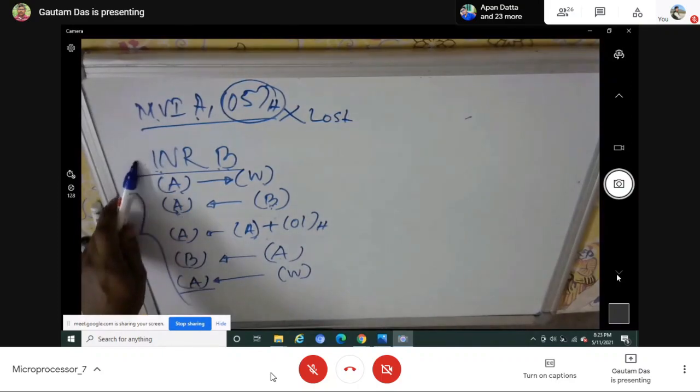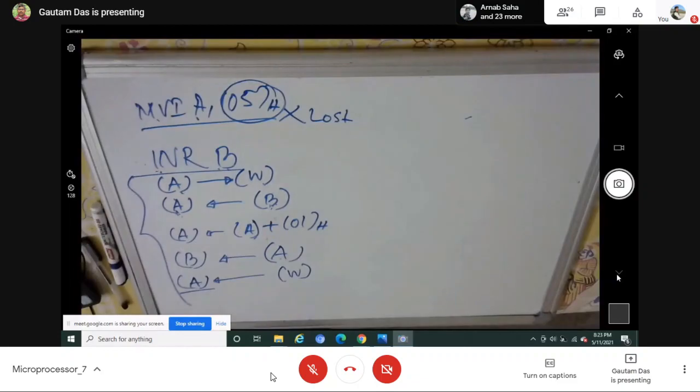This is a 1 byte instruction, but how much time will it take to execute? Definitely, it is not that every 1 byte instruction takes the same time for execution. Later on, you will see that the processor does not take the same time for every 1 byte instruction. But here INR B will take little time because everything is done internally. Whenever there is an operation on 16-bit data, the processor will definitely take more time.